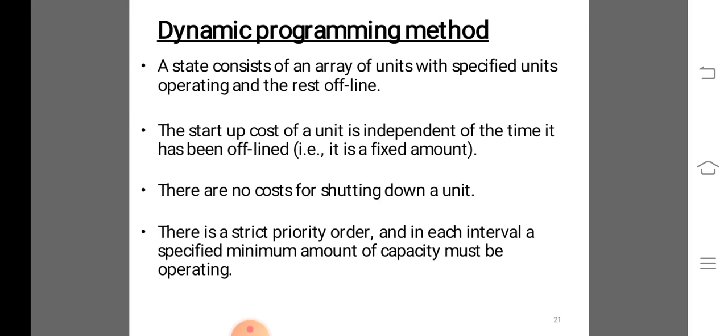Priority 1 unit; priority 1 unit plus priority 2 unit; priority 1 unit plus priority 2 unit plus priority 3 unit; then priority 1 unit plus priority 2 unit plus priority 3 unit plus priority 4 unit. The imposition of a priority list arranged in order of the full load average cost rate would result in a theoretically correct dispatch and commitment only